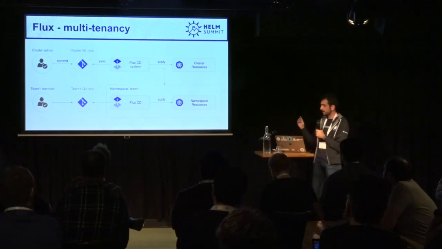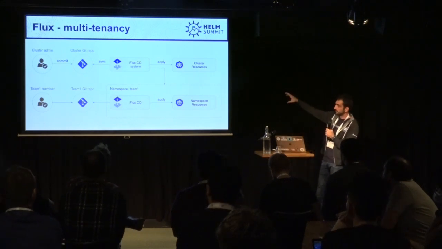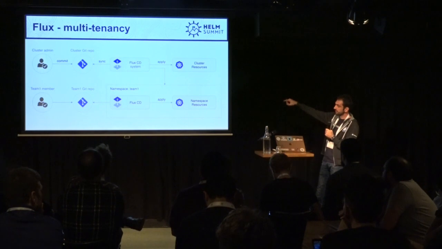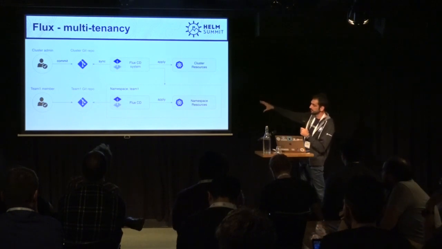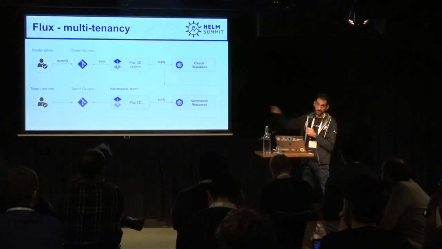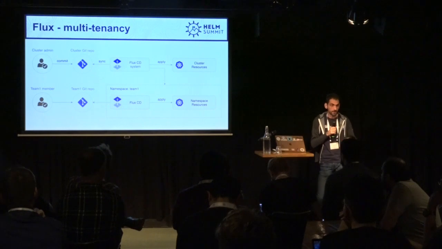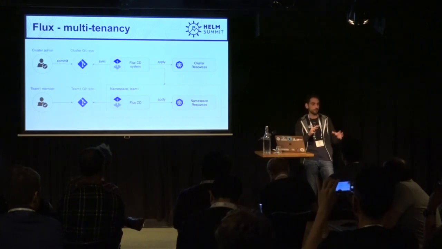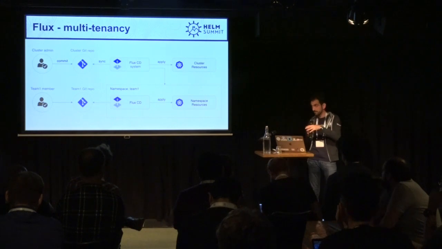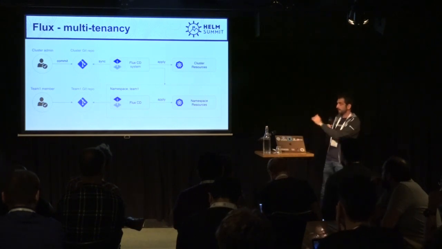And then from the cluster Git repository, we can provision a Flux instance and a Helm operator instance per namespace, and we can connect this instance to the team Git repository. So each of your dev teams can have its own Git repo. If you don't want to merge everything under a single Git repo and have all your teams share this one, you can still use GitOps and have a dedicated Git repo per team with this kind